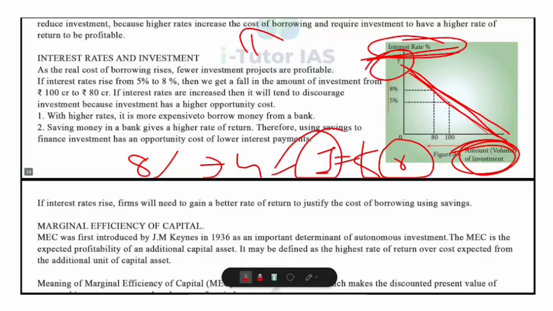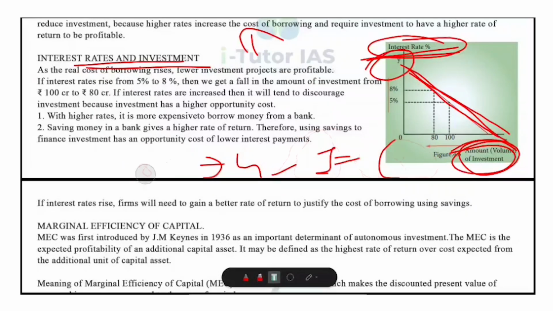Now let's look at the interest rate and investment. Let's think from a business point of view. When a company wants to expand, say they want to build a new factory or buy new machines, they need money. That money can come from borrowings from banks or from using its own savings. Now here is the key. Whether or not the company actually invests depends a lot on the interest rate.